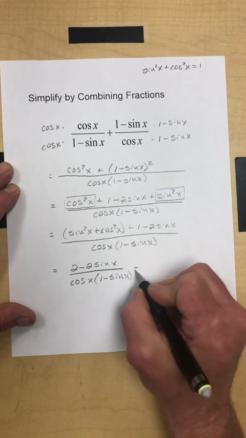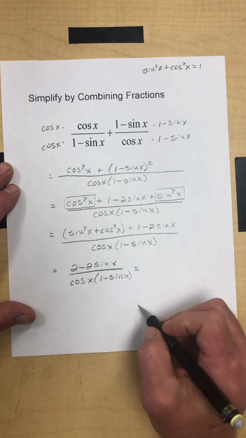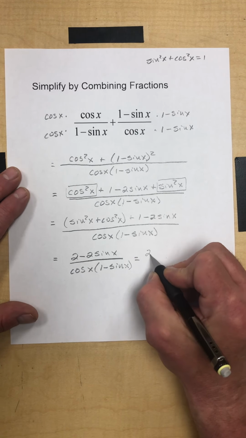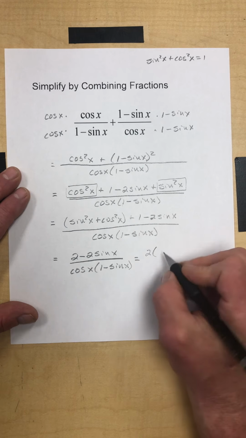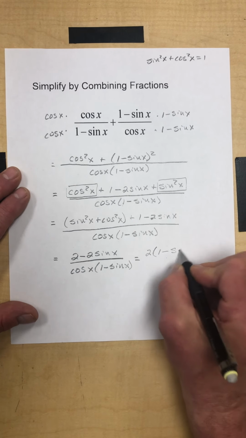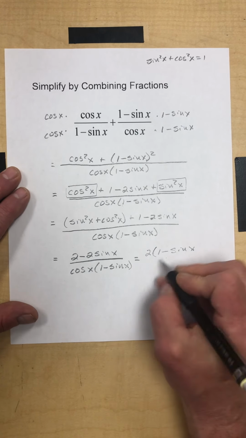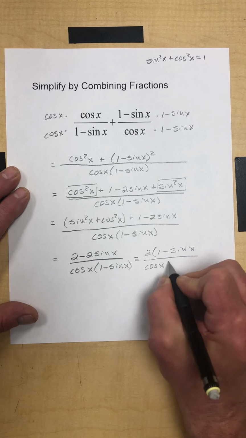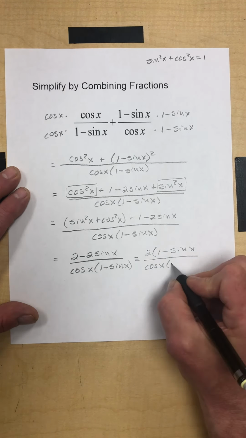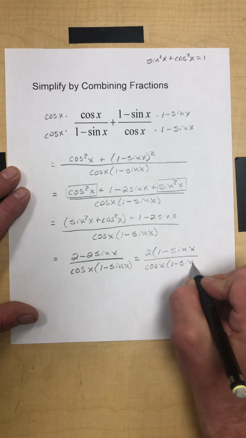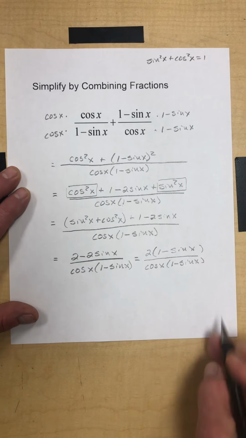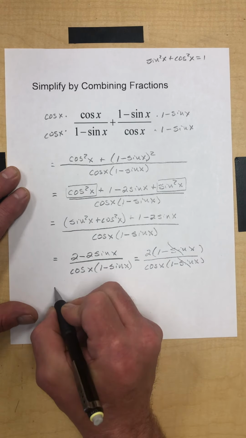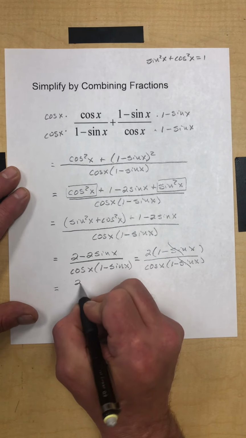Okay. Now notice up above we have a common factor of 2. So what if I pull that out as a GCF? And I'd be left with 1 minus sine of x all over cosine x times 1 minus sine of x. And notice that the 1 minus sine of x cancel off. So goes away, goes away. And so we end up with 2 over